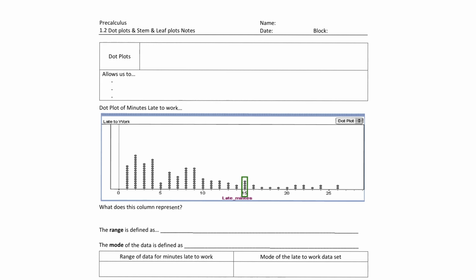Today we're covering lesson 1.2 on dot plots and stem and leaf diagrams. So a lot of times we like to use a dot plot when we have data entries and we want to compare those data entries. So in a dot plot, each data entry